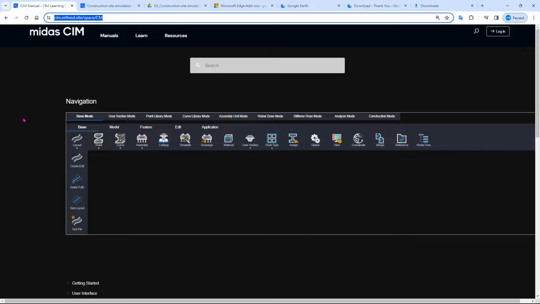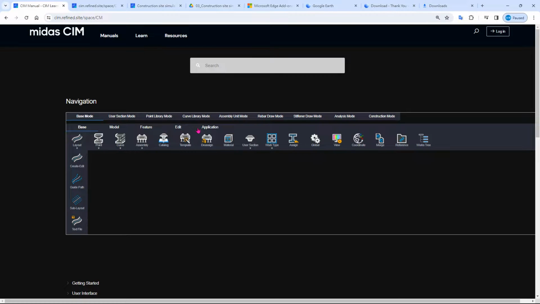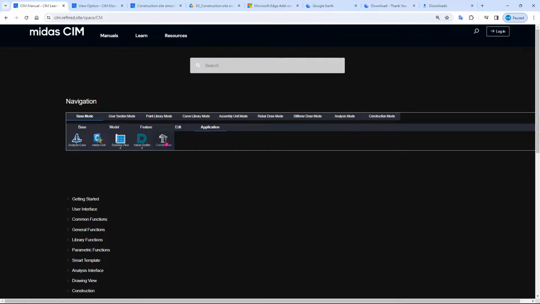If there are some of the buttons that you don't really know how to use properly, you can click on this website to click on them and then see. But certain buttons, for example, here you can click on the application and you can click on the construction, and there is nothing in here.